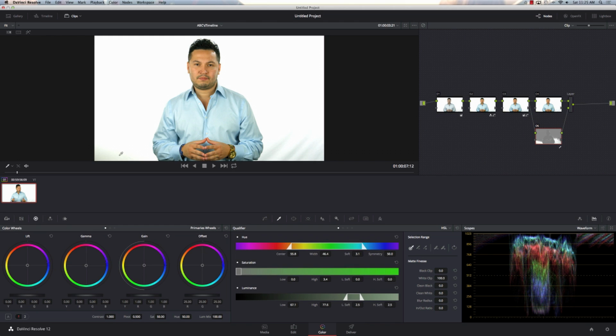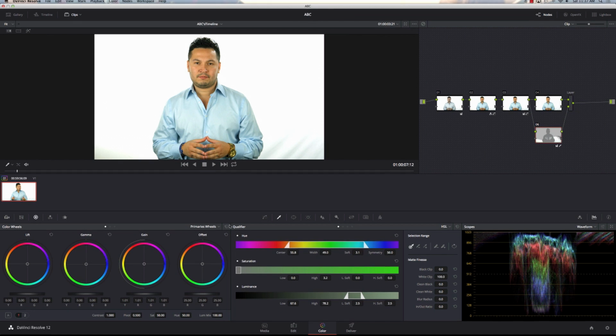So I think I just about have it there, and now that that's all that's grabbed, bring up the gain so I can blast out these whites, and I'm going to keep on bringing it up. So I'm going to try and get rid of this over here. And so you can see it's grabbing his shirt, it's blasting out his shirt and stuff, and that looks pretty weird. So I can probably get a better grab on the qualifier, but another thing you can do,